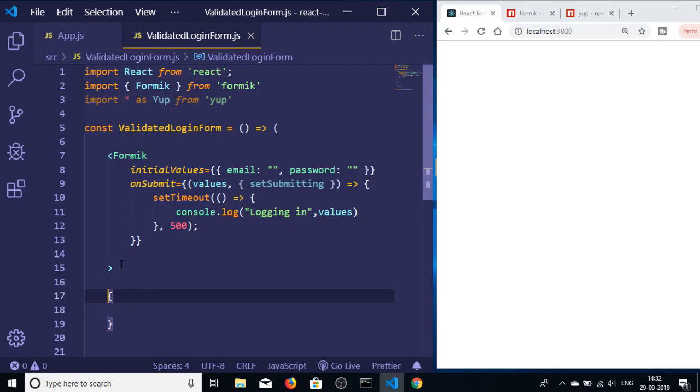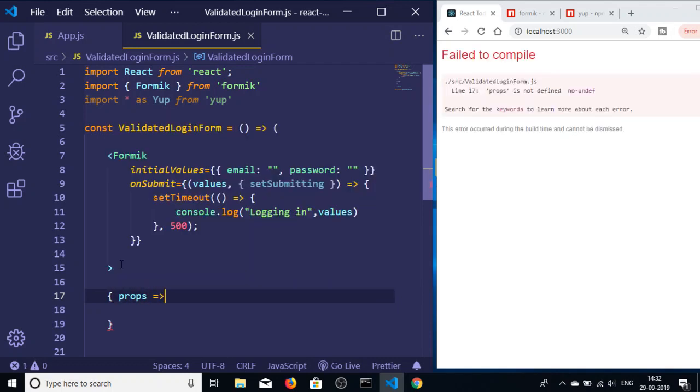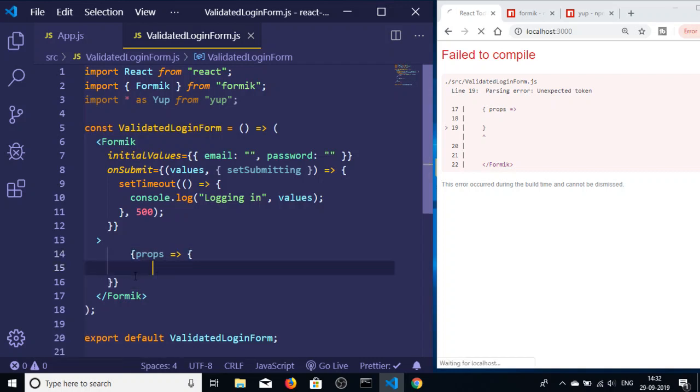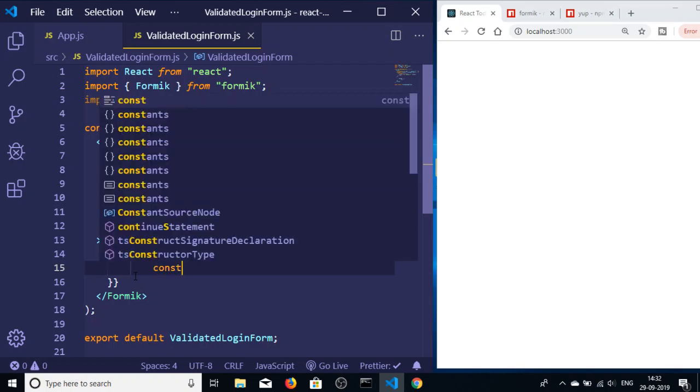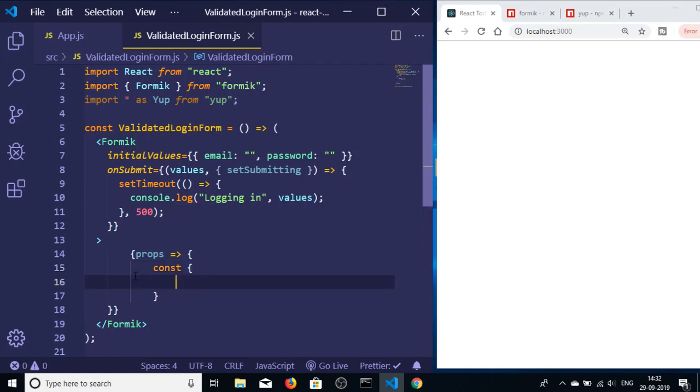Let me just align this properly. So props, and this is an arrow here. You need to write this arrow. Inside this another curly brackets we need to write. Inside this props I will be using the destructuring way. So I will be writing const here, a const variable I will declare. Inside this curly brackets I will write my variables. First is the